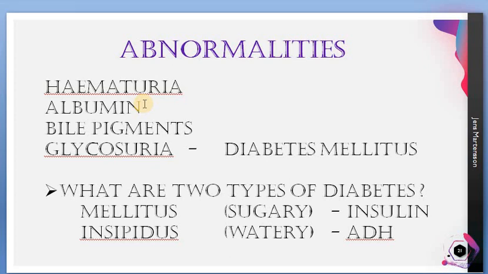Sometimes, due to high blood pressure of the person, or maybe the Bowman's capsule permeability is affected because of some bacterial infection, then it will allow albumin from blood to go into the glomerular filtrate. By this time the albumin will not be reabsorbed back into our body because it's beyond normal, right? So our body will not take back albumin. Albumin starts to go out along with the urine.